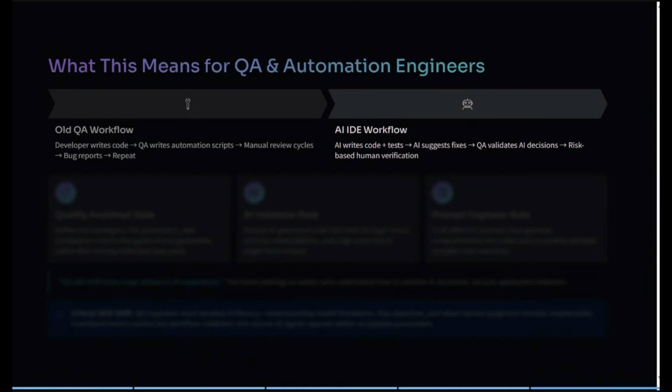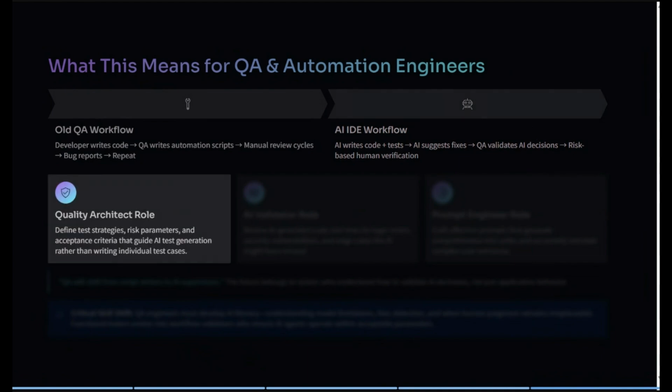Whether it is not missing any edge cases, because these things are new. These need human output or reply, so that they can understand whether the decisions taken by the AI IDE are correct and as per the requirement or not. And we have risk based human verification also. We need to verify whether the functionality the AI IDE has developed is correct.